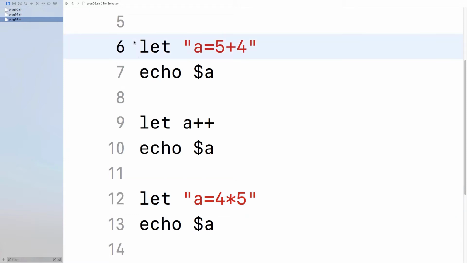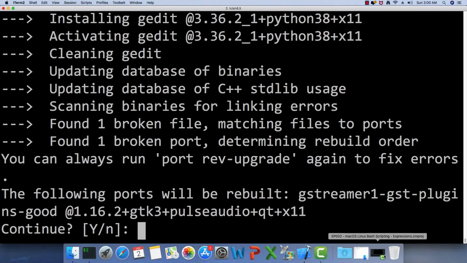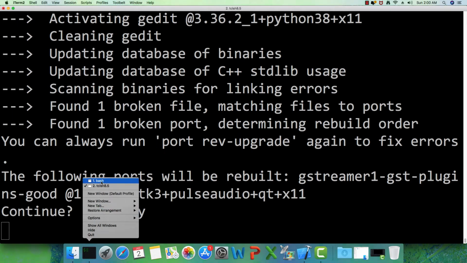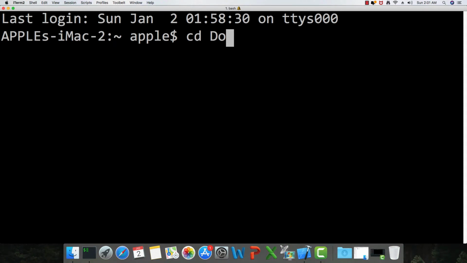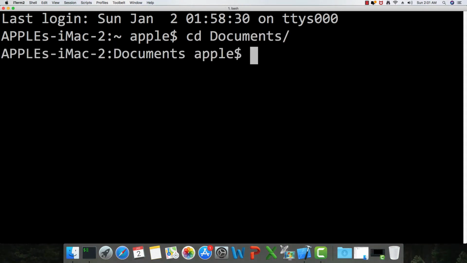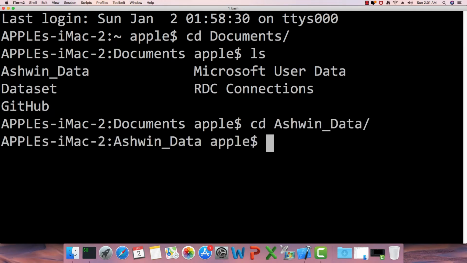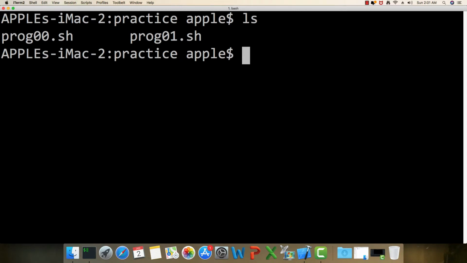I will go ahead and minimize it, and I will open our iTerm window. Okay, I don't know how to open it, so let's say yes here. Let's open that iTerm window. Okay, bash here. So I will go to documents, ls, cd ashwin data, cd practice, clear, ls.